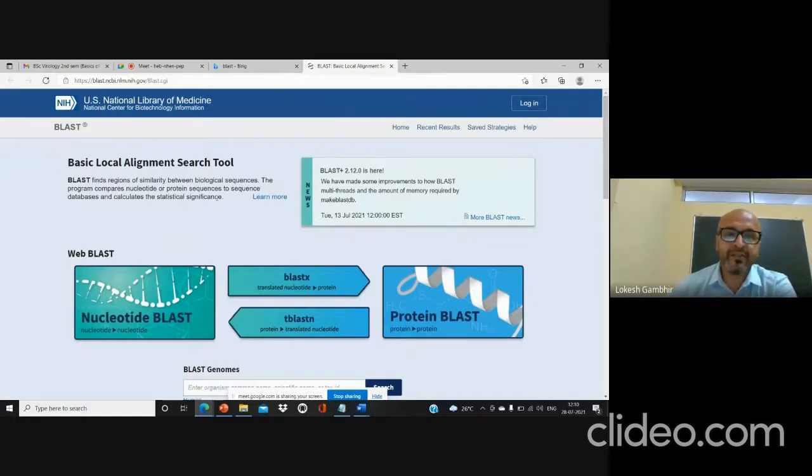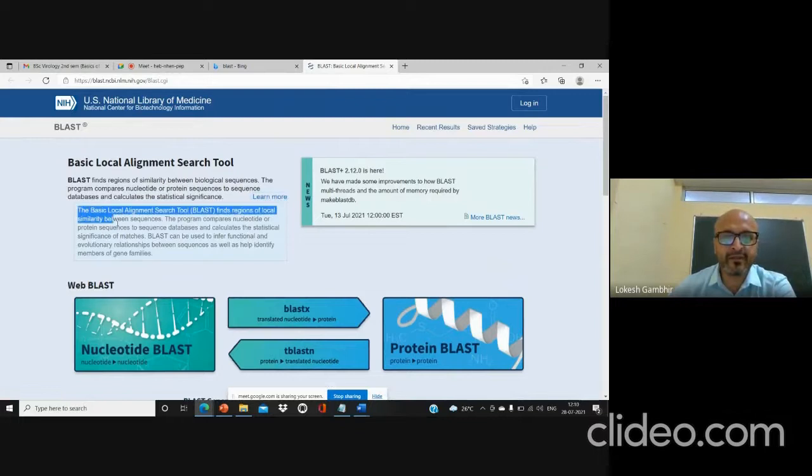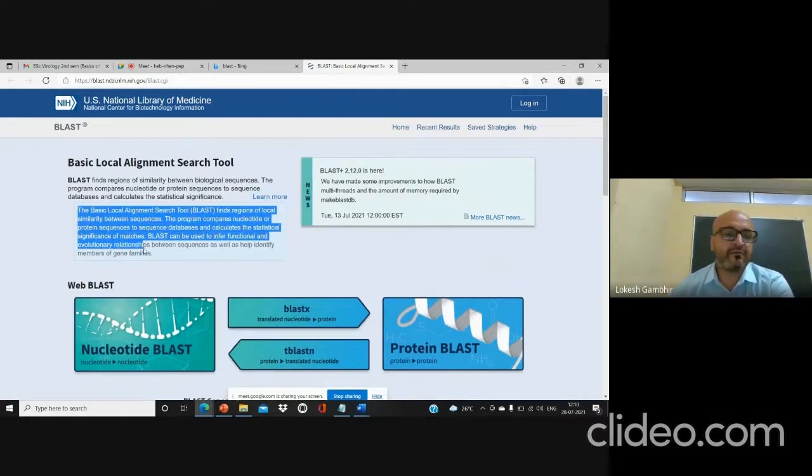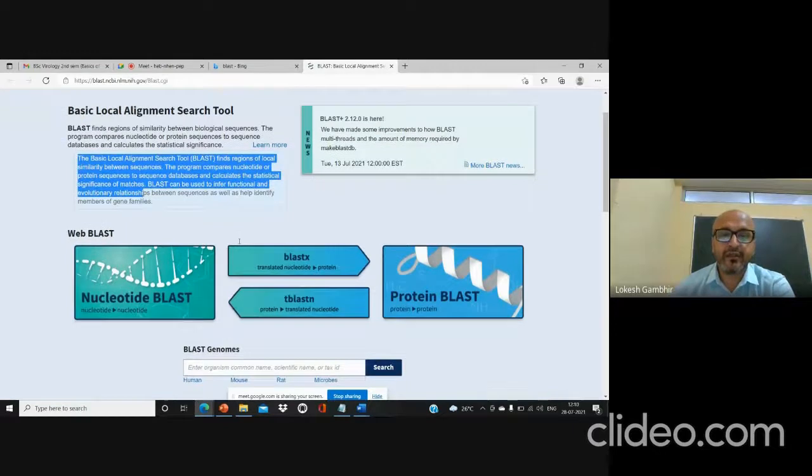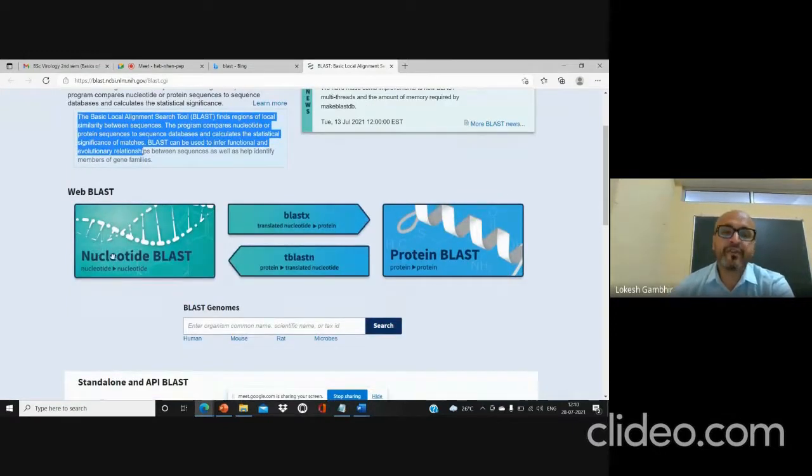So what is here? The complete information. If you want to read more about BLAST, what is BLAST? It is written here. It's a local similarity searching tool. There are 4 types that they have listed for you. If you want to match nucleotide to nucleotide, it's nucleotide BLAST. For protein, there is a separate protein BLAST. Fine, the algorithm is the same, but whether to write ATGC or to write the names of the amino acids, one axis for ATGC, another axis for protein, that information is to be put in the form of an algorithm. And based on that, this is protein matching BLAST.